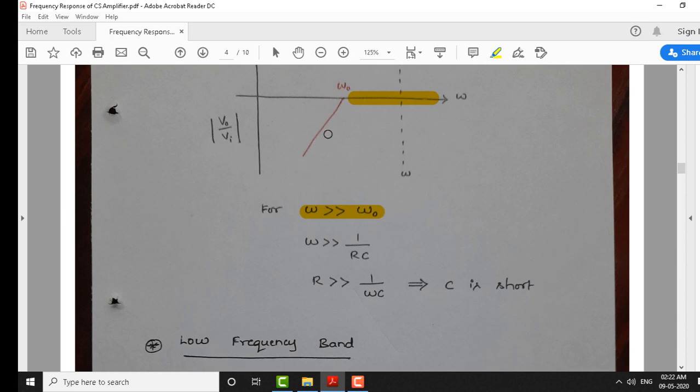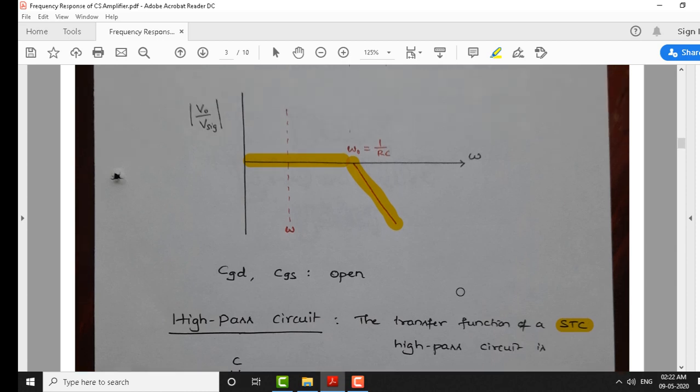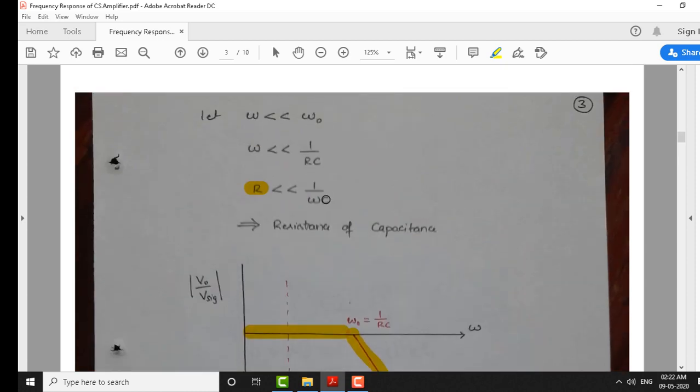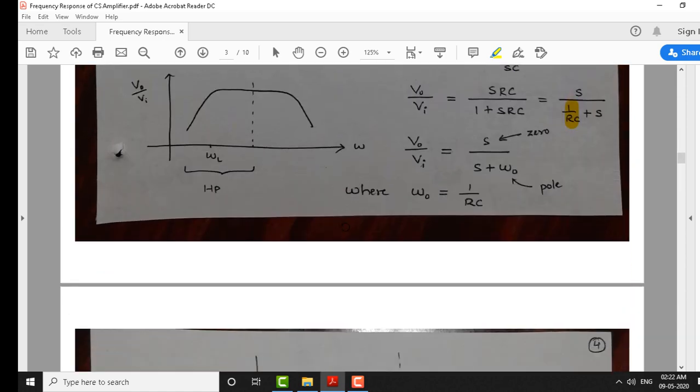Since this is going to be a high pass filter, for the frequency region here, the capacitance must behave like a short circuit. Even though we have a single capacitance value here, when it is compared with the circuit, this refers to the three capacitors, namely coupling capacitors CC1, CC2 and CS. Whereas in the case of the low pass filter, the capacitance represents CGD and CGS, so two capacitances. That's the interpretation between the low pass filter circuit and the high pass filter circuit.